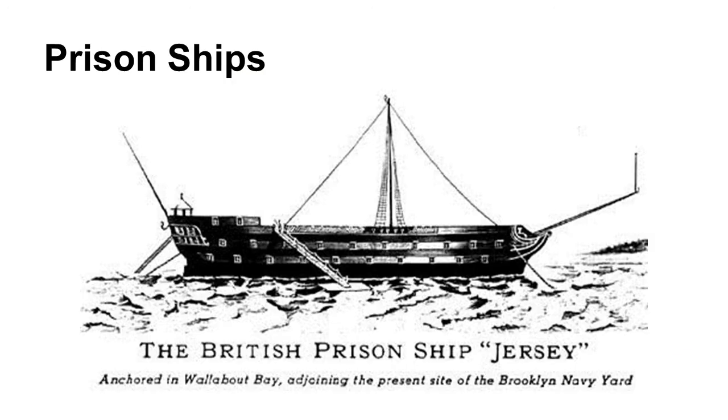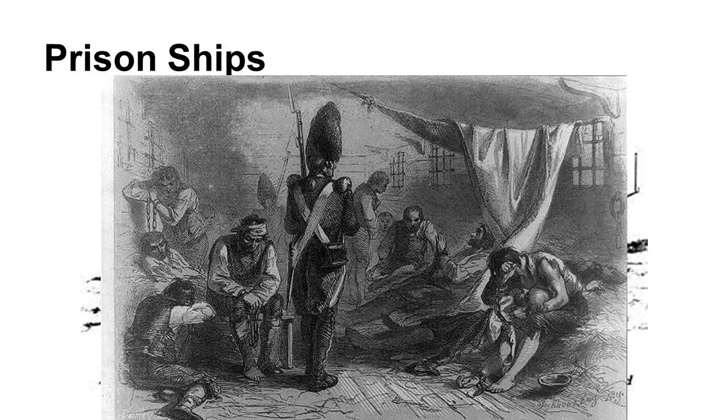Now, a few interesting things that didn't show up in the presentations. Throughout the war, you have what's known as these prison ships. And while certainly battles are resulting in many deaths, prison ships end up in drastically more deaths. American prisoners are put on these ships. They are anchored outside of various harbors, and the conditions inside are absolutely brutal. You have a lot of people dying of sickness and disease, just malnourishment because their food is not very good.